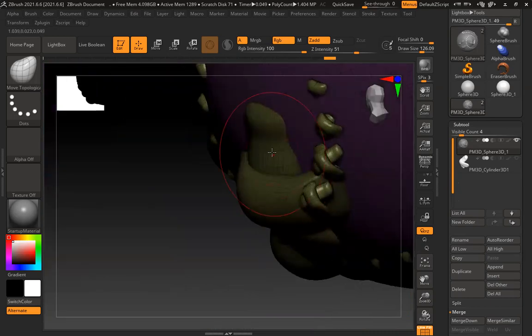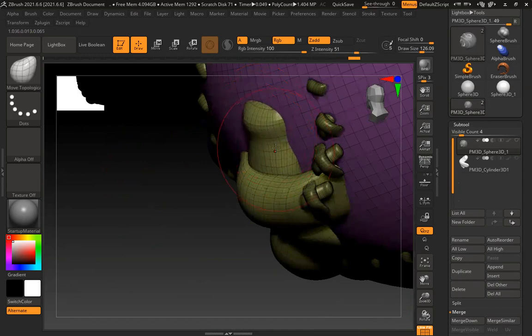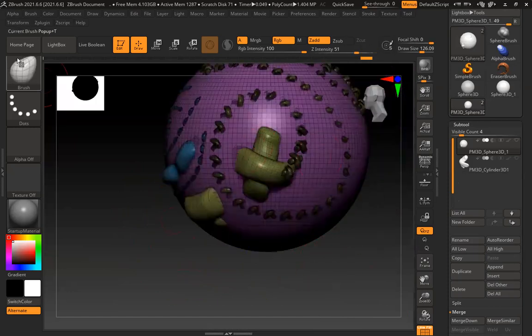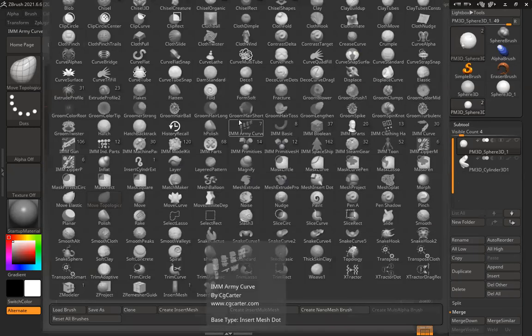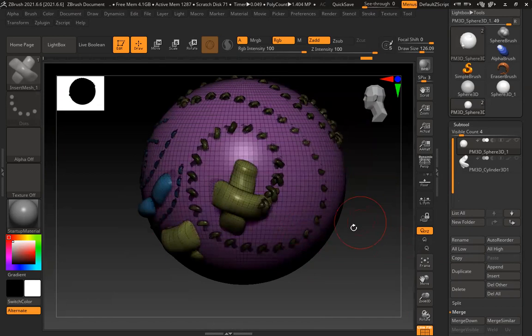Sir, when I'm done with the entire boot with all the panels and stitches properly, should I merge them together and make one single model out of that? You can just merge the geometry, and on top of that you can draw it. That also works perfectly. And if you have this brush, I have created this brush, right? Let's see where is this one. Let's see, I have this brush. If I have separate polygroups, that also works perfectly.